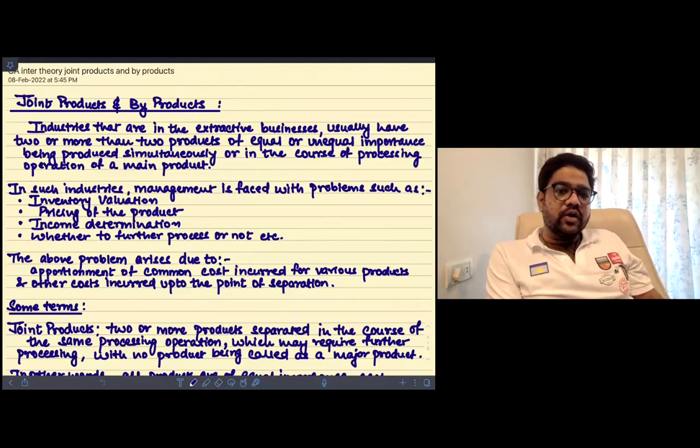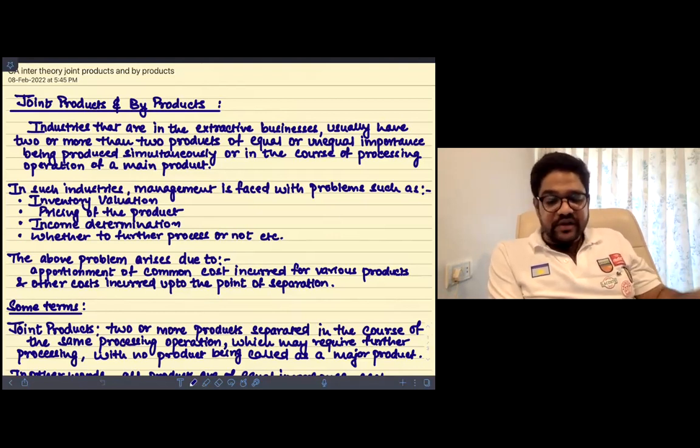For the introduction, we have the basics of what joint products are and what the main products are. So they mentioned that,